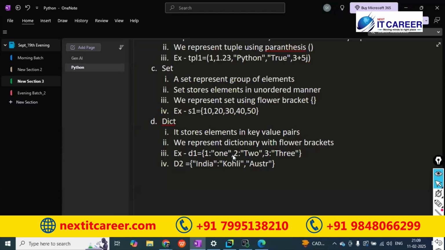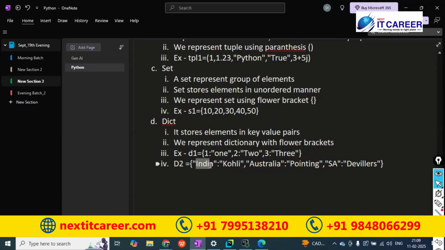Who is the best player in Australia? Ricky Ponting. Next, let us take South Africa. The best player is De Villiers.